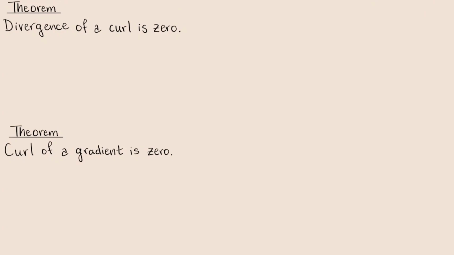I'll go over the proofs for two short theorems used in multivariable vector calculus. The first one is the divergence of a curl is zero, and the second one is the curl of a gradient is zero, and more specifically, the zero vector, because curls output vectors. So the proofs are as follows. For the first one,